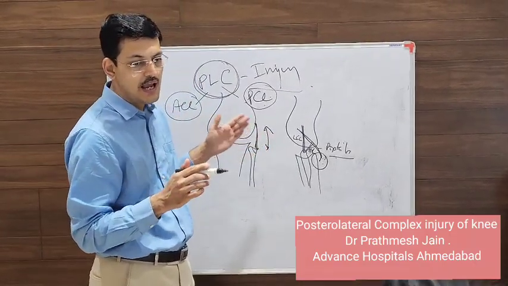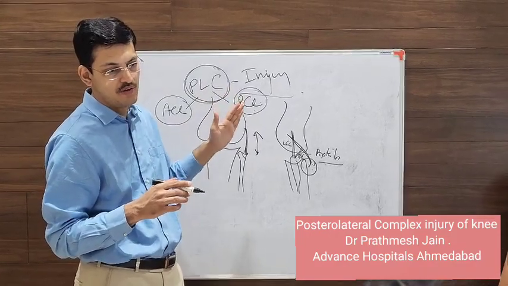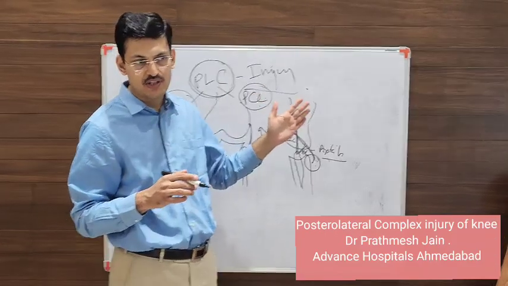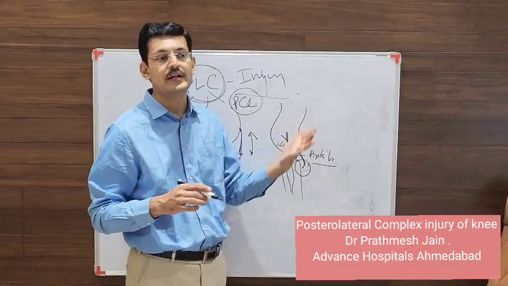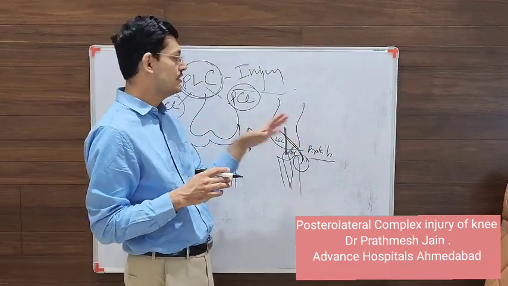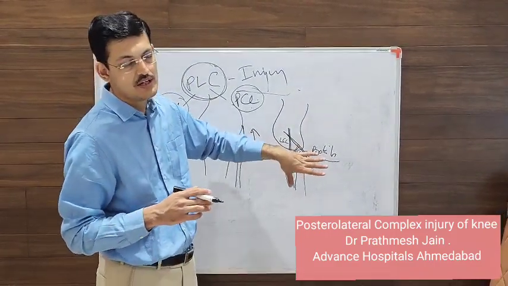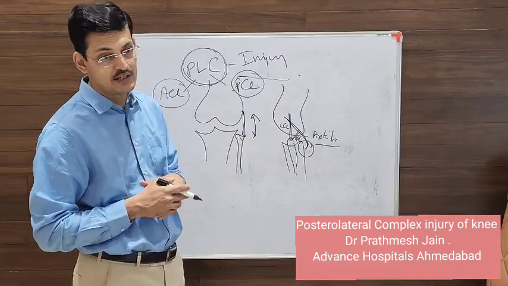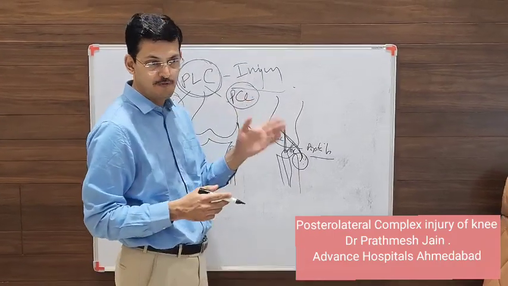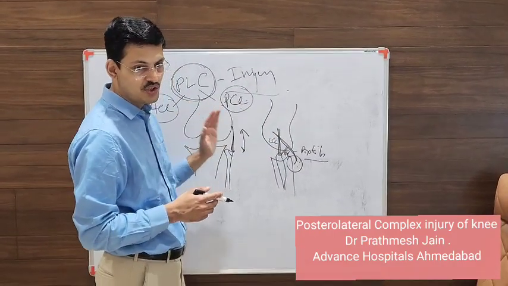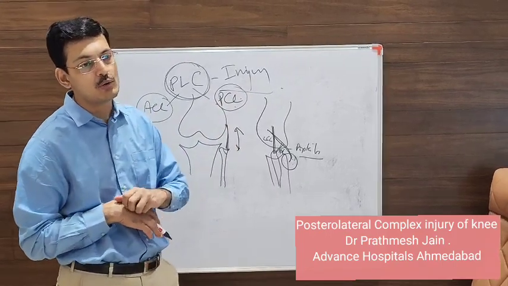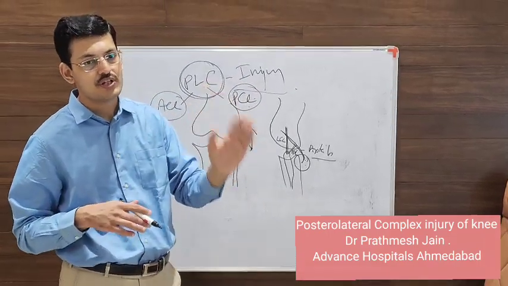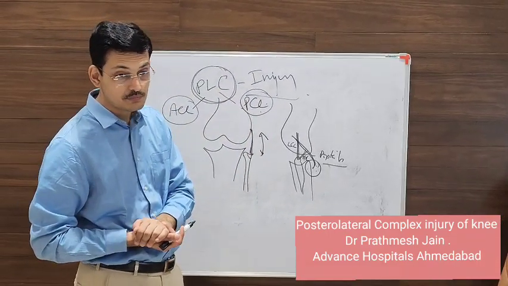And I explain to these patients at the first visit that it can be either a neuropraxia or a complete nerve injury, and if it is a complete nerve injury, then you may need a tendon transfer later on in life. So this kind of injury with a nerve injury is a poor prognosis injury, and the patient may need tendon transfers later on. So what I do is I put them on an AFO after doing the ligament reconstruction on the lateral side, and then they will be counseled for the need of tendon transfer if it does not recover within 3 to 6 months. So release is required while doing the...